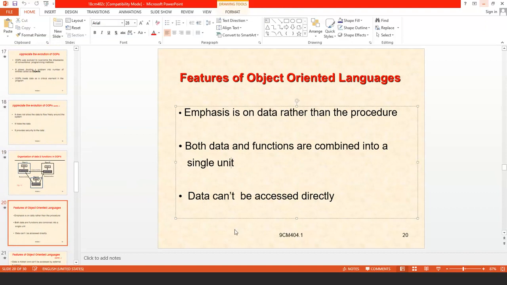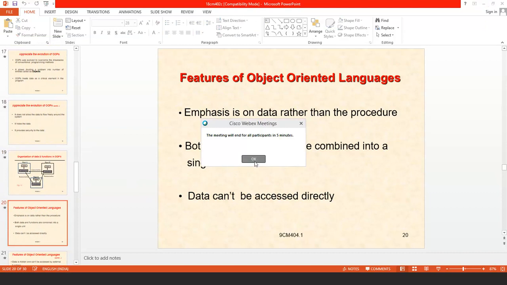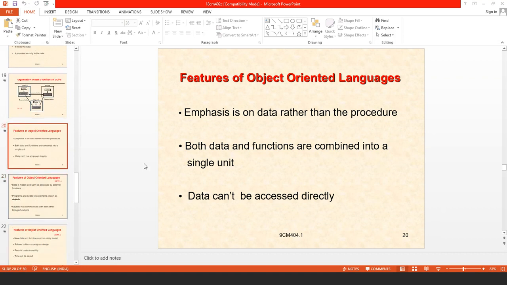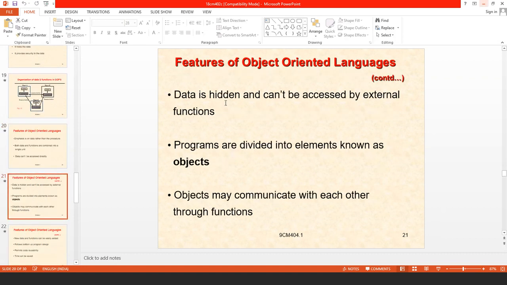Both data and functions are combined into a single unit. Data can't be accessed directly. Data is hidden and can't be accessed by external functions; only through member functions can the data be accessed.